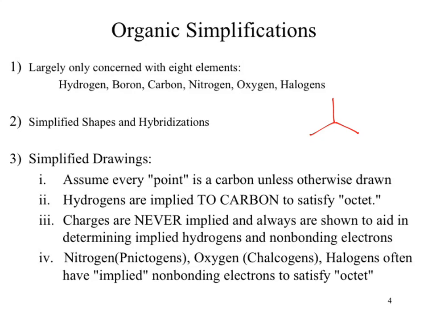If we draw that structure out, that center carbon looks like it only has 3 bonds. Well, according to Rule 2, I can imply hydrogens, which means that carbon actually has 4 bonds. If I implied the charge on that carbon, which charge did I imply? That would be a positive